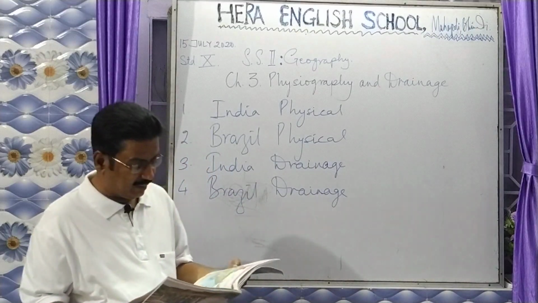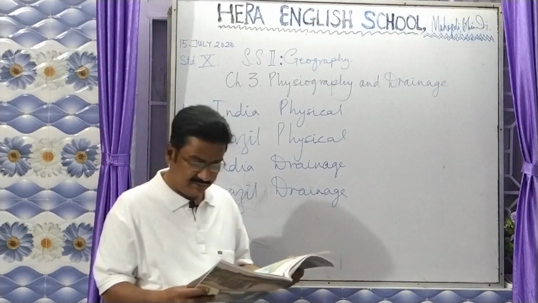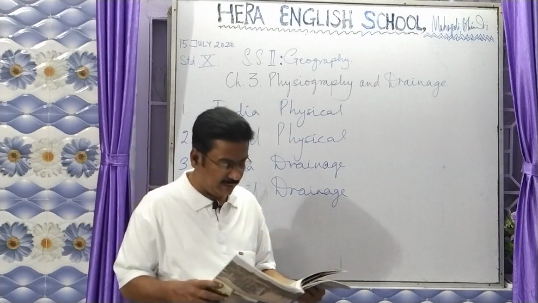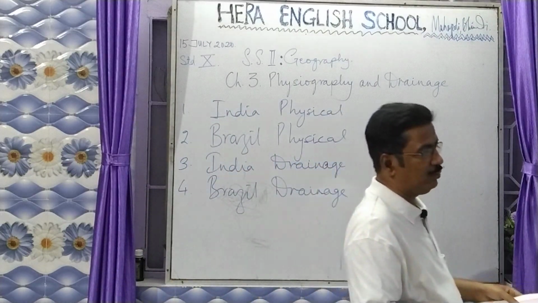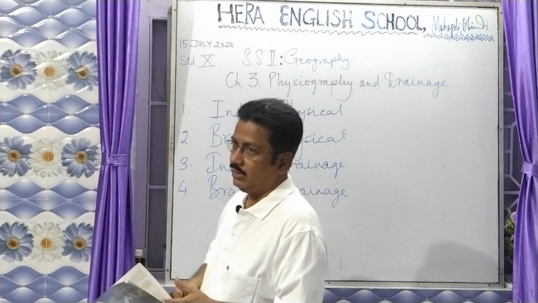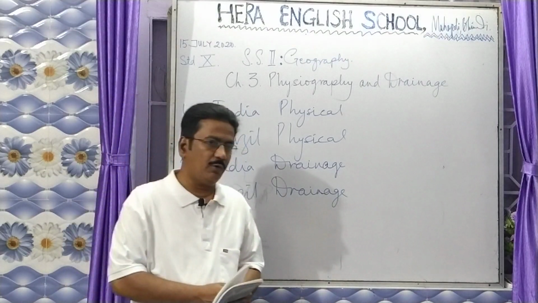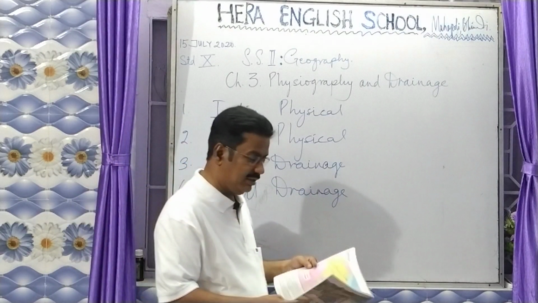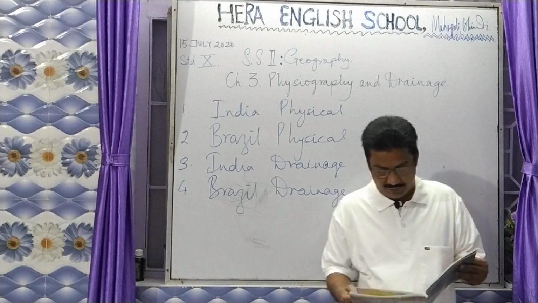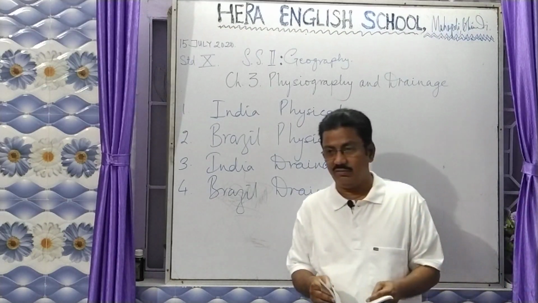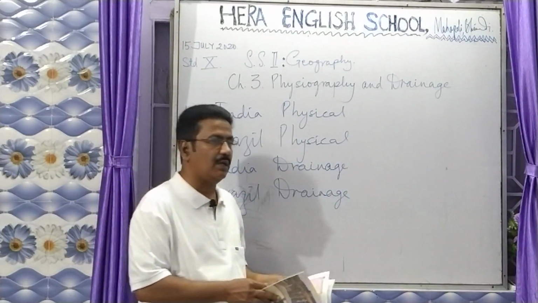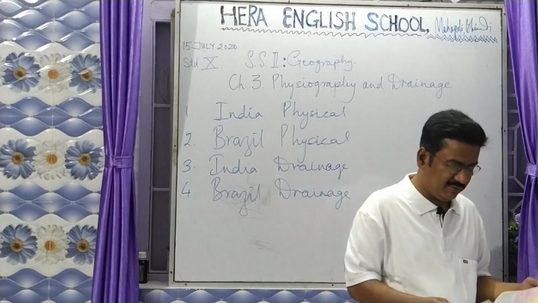Apart from that, you have a good grassland region out here that is known as the Pampas. You have the Pantanal area where you have a swampy region. All this is available because of rainfall all around the year. Brazil receives equatorial rainfall because, being on the equatorial region, there is ample water throughout the year. There is no day in Brazil where there is no rainfall. Every day is having rainfall in Brazil, whereas in India it is only 4 months. That is June, July, August, September, the main monsoon period where we receive summer rainfalls, whereas Brazil receives rainfall